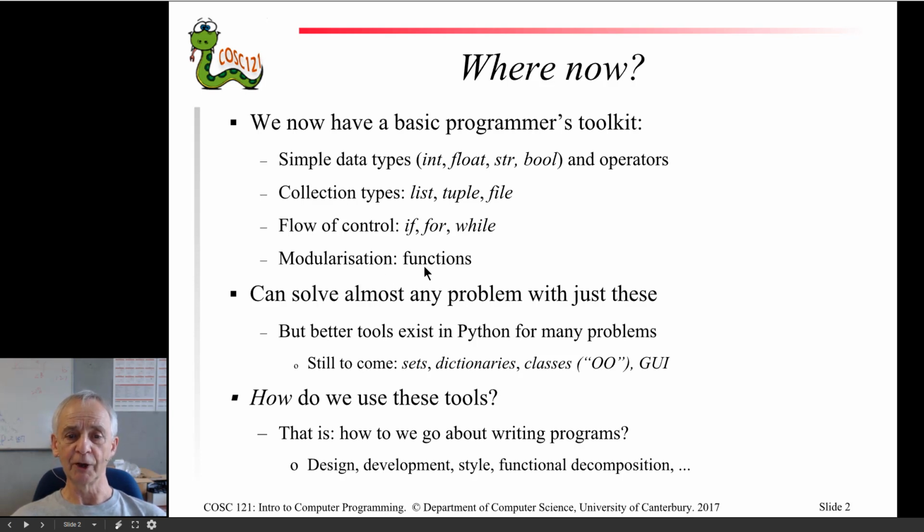And you'll be familiar with the idea of breaking things down into functions. We'll have a lot more to say about that in the rest of the course. Anyway, these are the basic tools of programming in just about any language, and we can solve just about any problem with those tools. However, there are a few more to come yet in Python, some even more advanced tools, if you like,